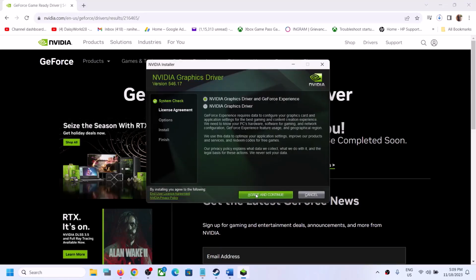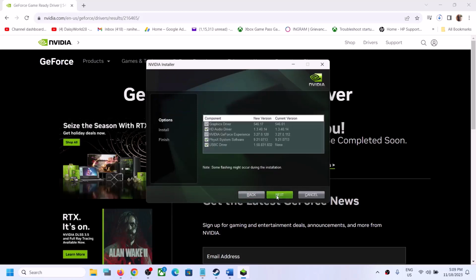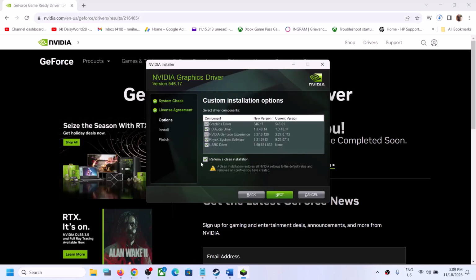Click on Agree and Continue, and then put a check on the box which says Custom. So click on Custom. Once you select Custom, click on Next, and then put a check on the box which says Perform a clean installation. Now this is important, so make sure that you put a check on Perform a clean installation